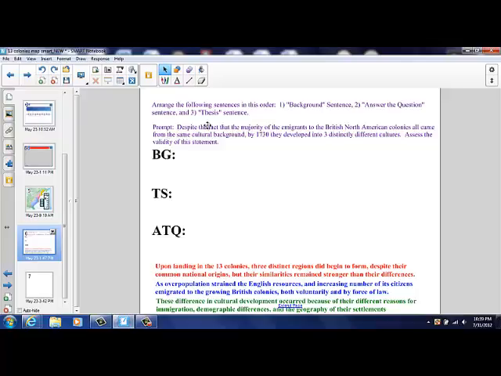And the prompt would be: despite the fact that the majority of immigrants to the British North American colonies all came from the same cultural background, by 1730 they developed into three distinctly different cultures. Assess the validity of this statement. And now here's a great opportunity to have your class brainstorm together, because first she's given us three sentences, color-coded,